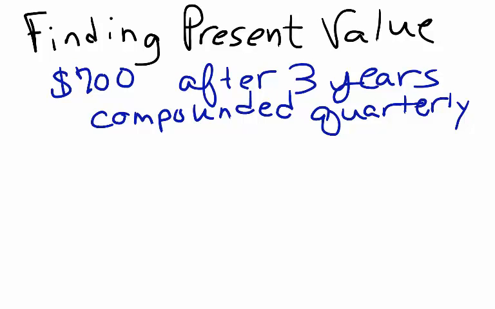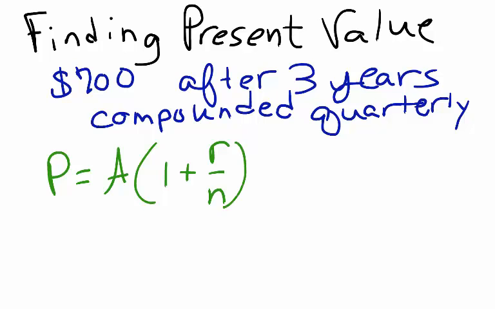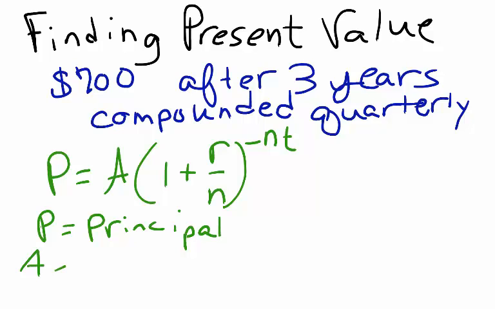We'll use the formula to find our initial principal investment. The formula is P equals A times (1 plus R divided by N) raised to the negative N times T, where P equals our principal, A equals the present value, $700,